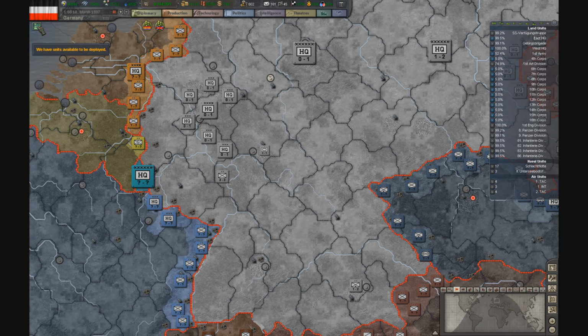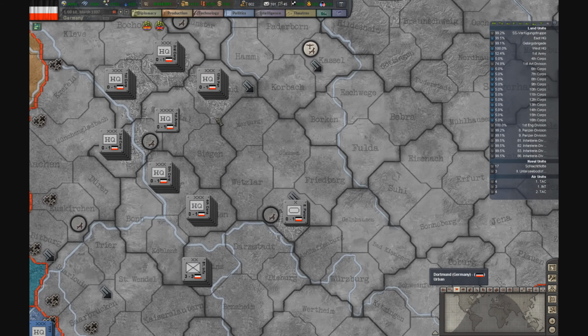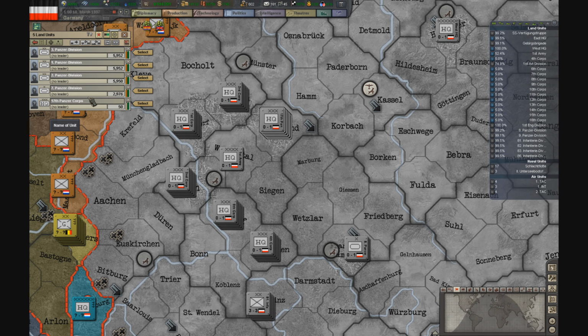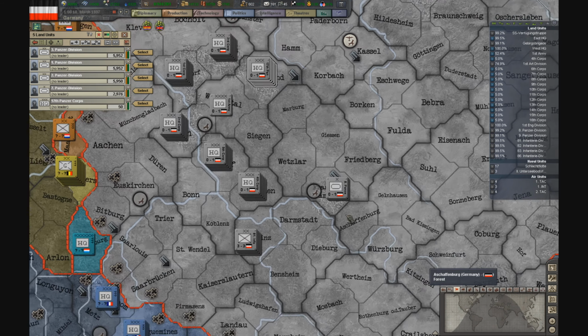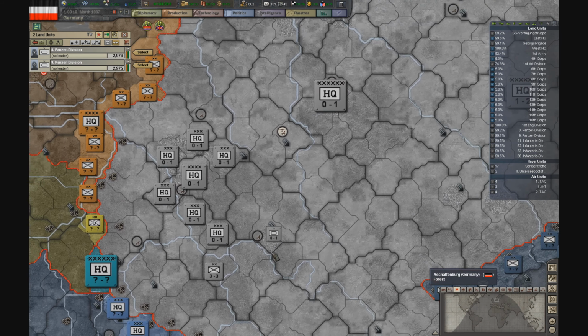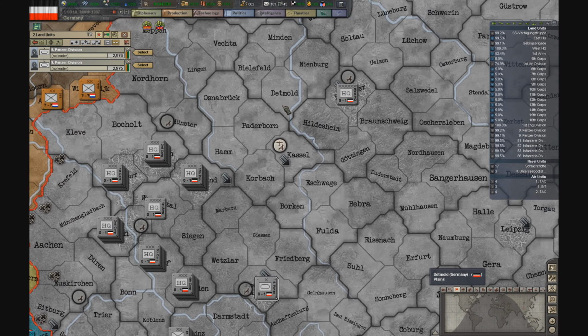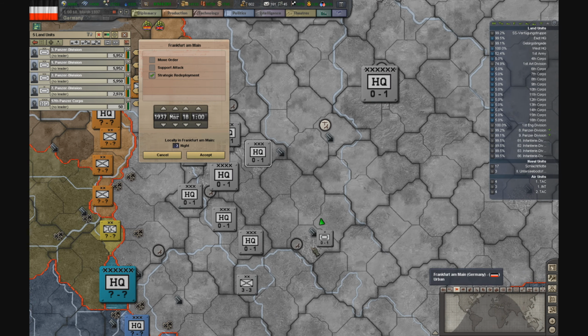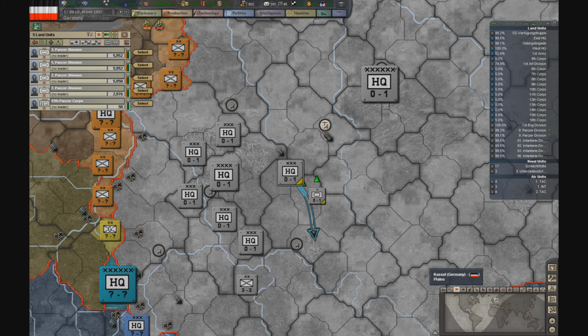Let's deploy our armor. Where do we have... Okay. So this could be for the Third Army, which we're going to build up here. Let's redeploy them up there. This could be for the Second Army. And we'll have a completed...